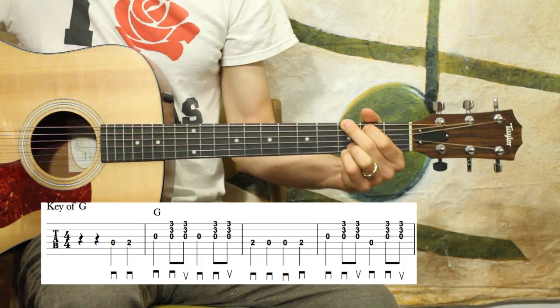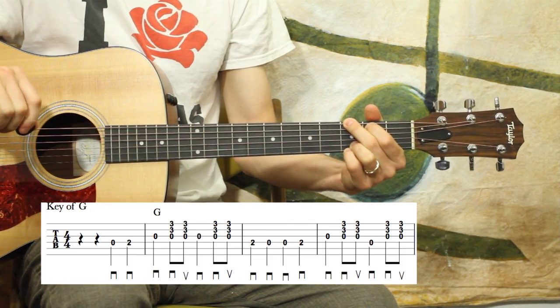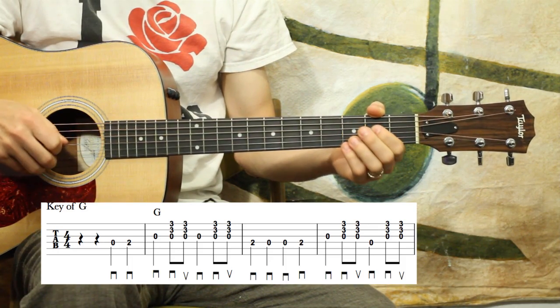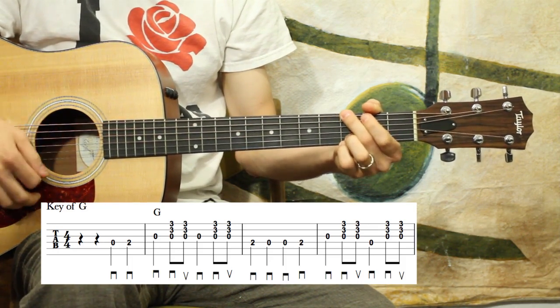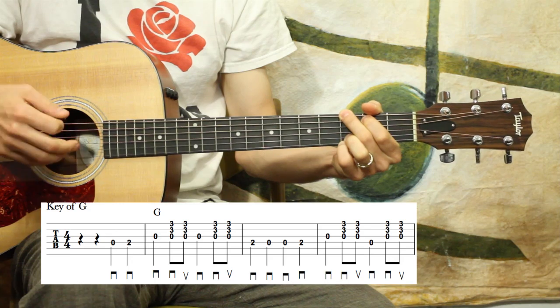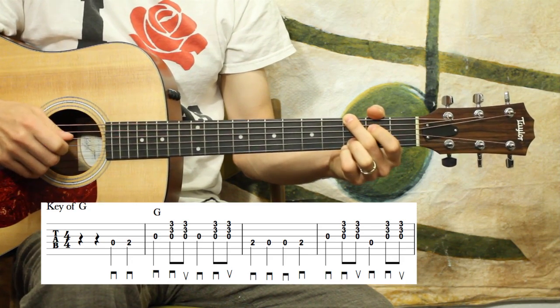All right, so I'm going to go ahead and play the first 3.5 measures here, and then we'll break them down even slower. So 1, 2...